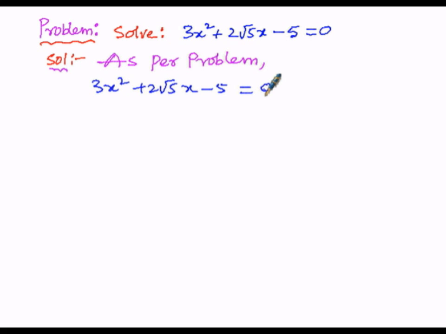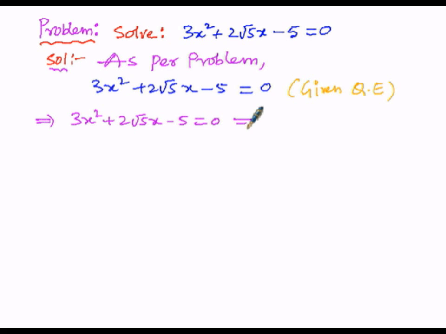So here this is our given quadratic equation. Here we can write it as 3x square plus 2 root 5x minus 5 equals to 0,